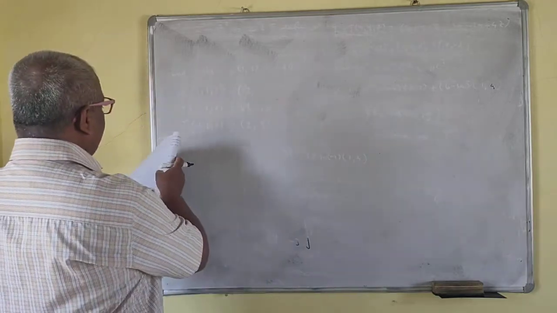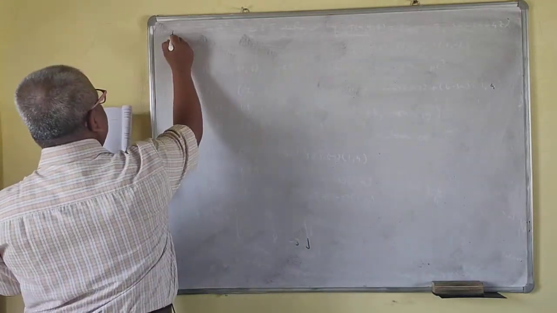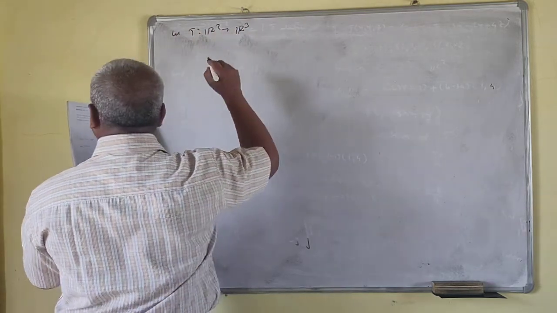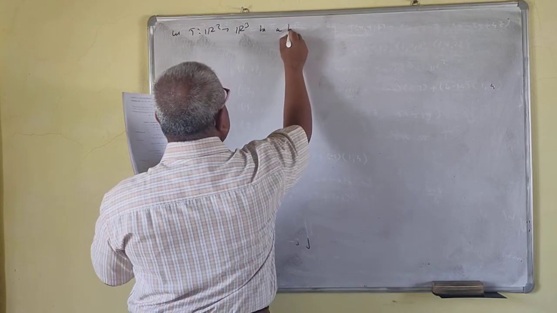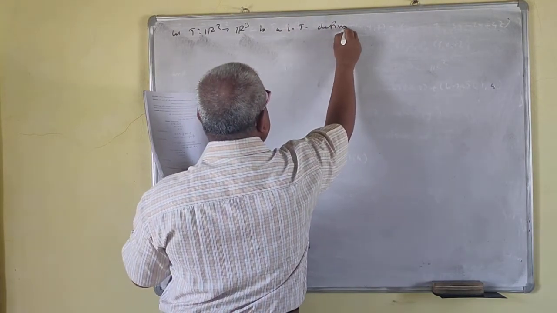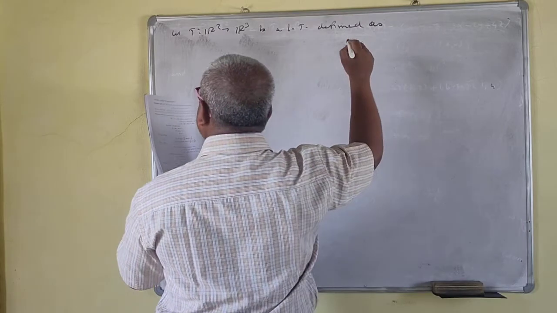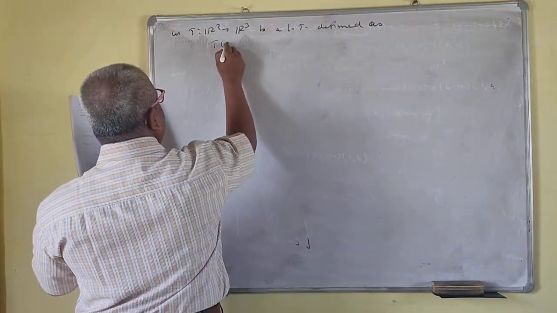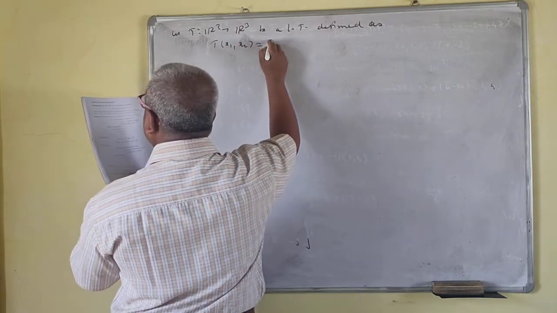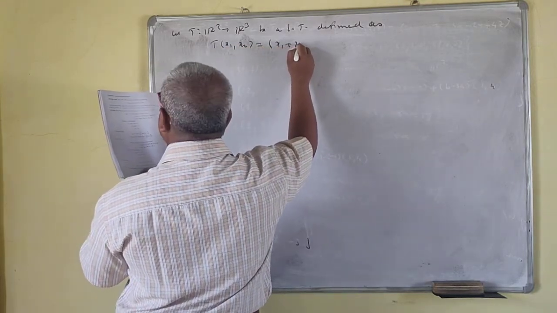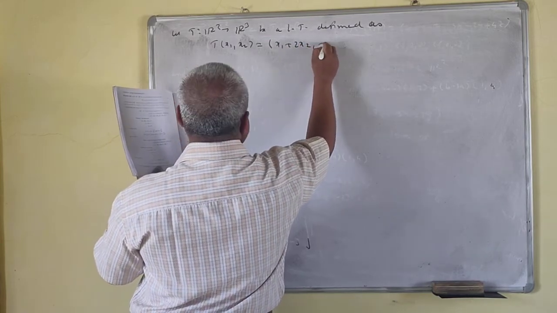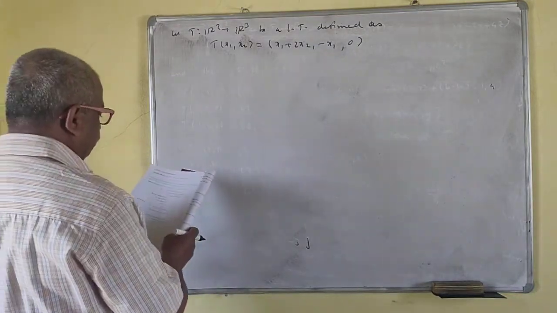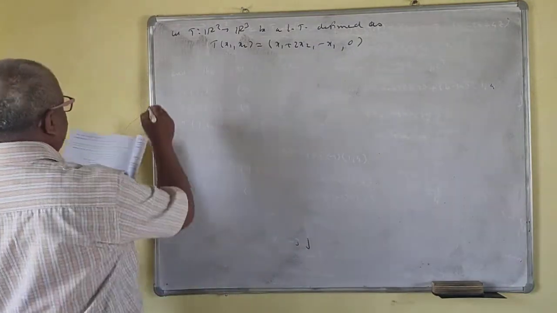Okay, so we'll do one more problem like this. Let T from R2 to R3 be a linear transformation defined as T of x1, x2. Here it is given in terms of x1 instead of x or y, it is given in terms of this, minus x1, 0. Find